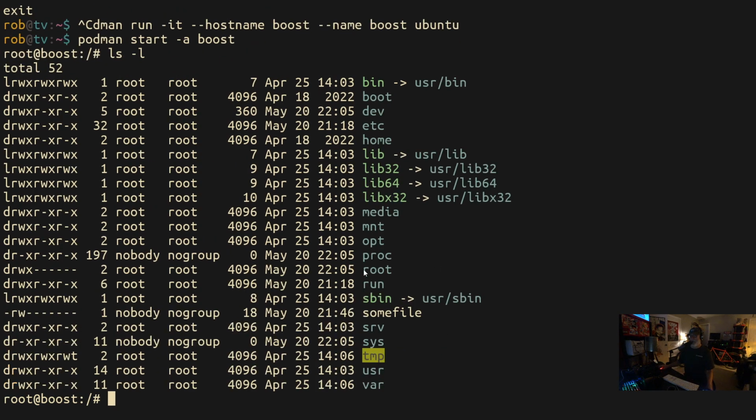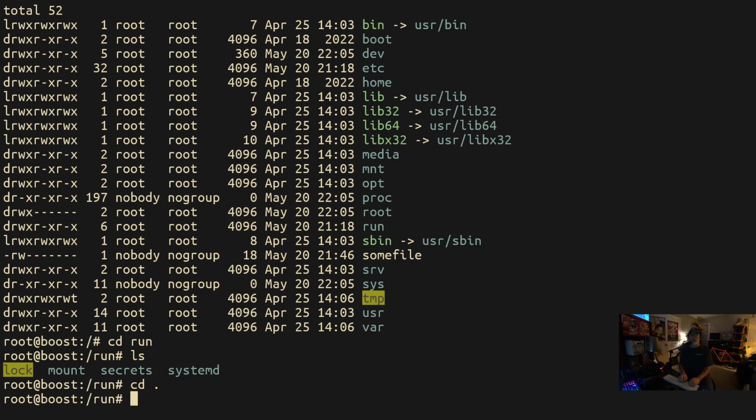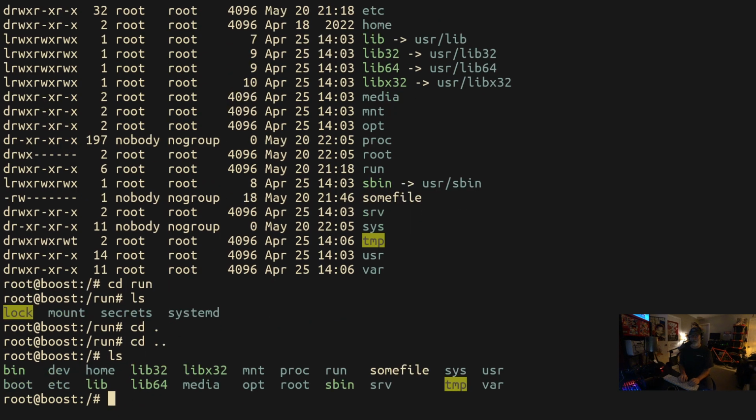So we've got root. We have the run directory. The run directory is relatively new. This is where things that are temporary go, right? So stuff that gets saved in the run directory doesn't exist usually beyond execution or runtime. Some of it just goes away after, and it's some temporary file system kind of stuff. Not always, but